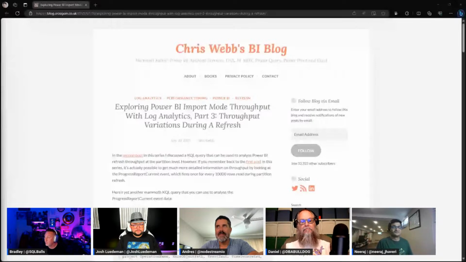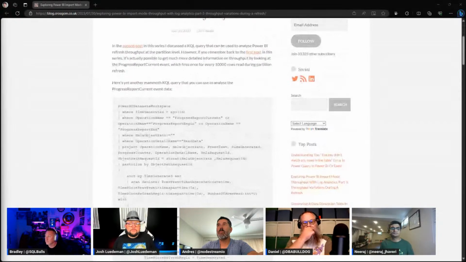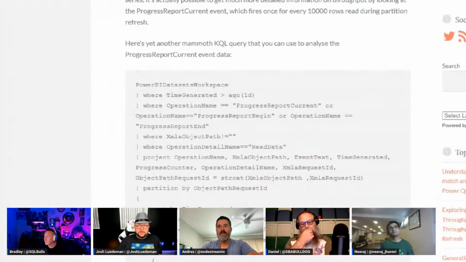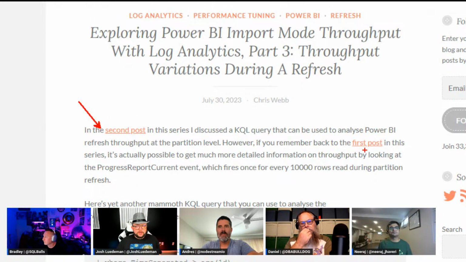Exploring Power BI import mode through Log Analytics, part 3: throughput variations during a refresh. This is the third part in a blog series where he's using KQL to analyze Power BI refresh throughput.